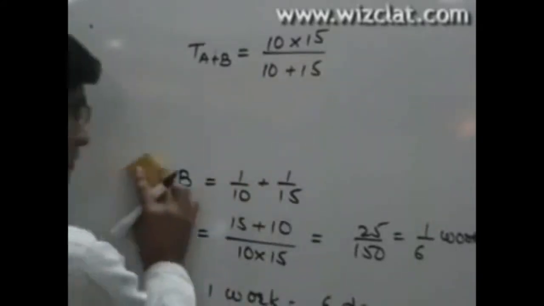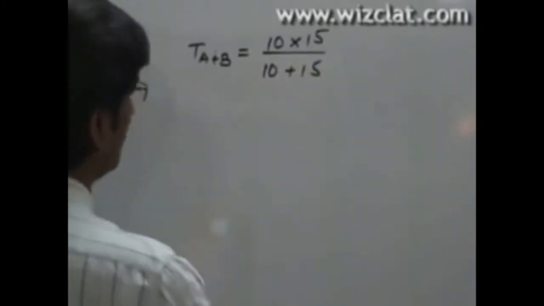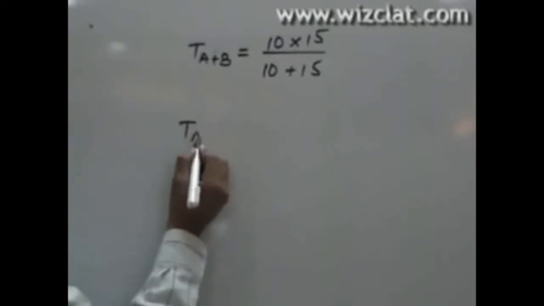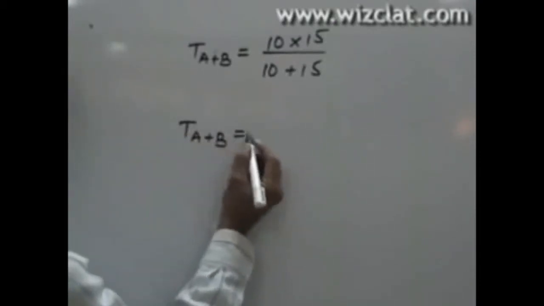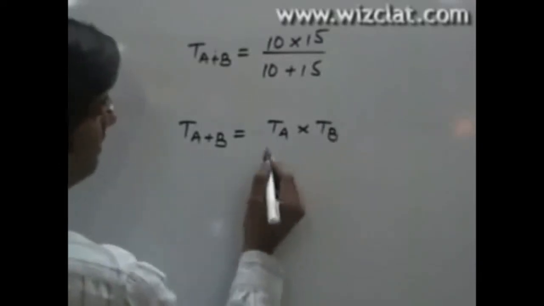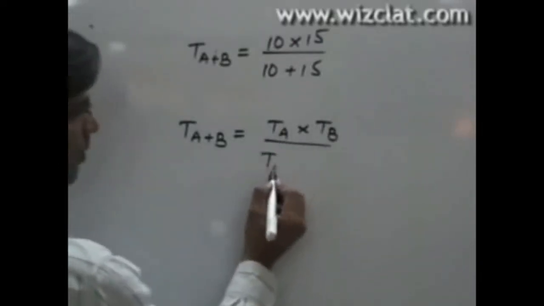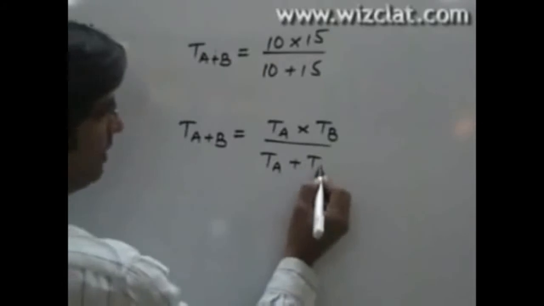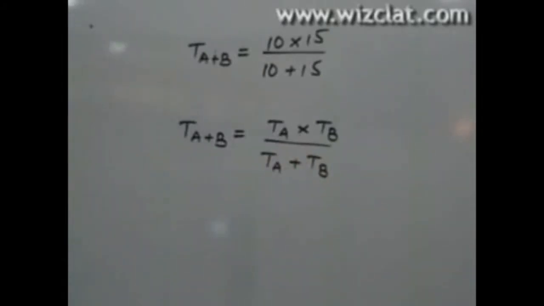So we can say, if suppose this simple question comes again, the answer will be time taken by A plus B to do a piece of work together is equal to time taken by A alone to do the work multiplied by time taken by B upon time taken by A plus time taken by B. So this is just one approach we are talking about.